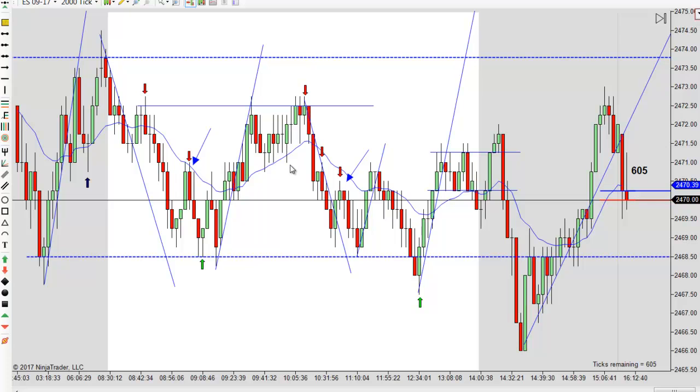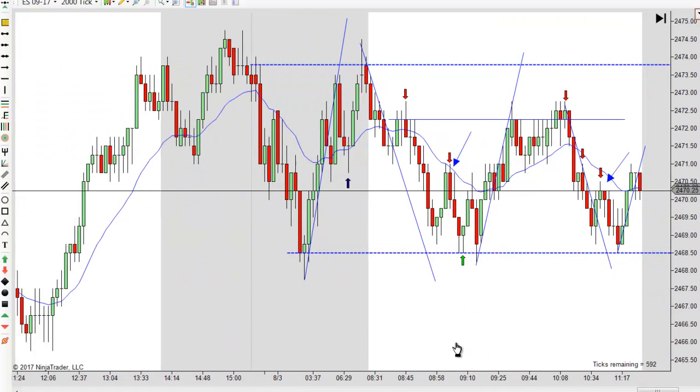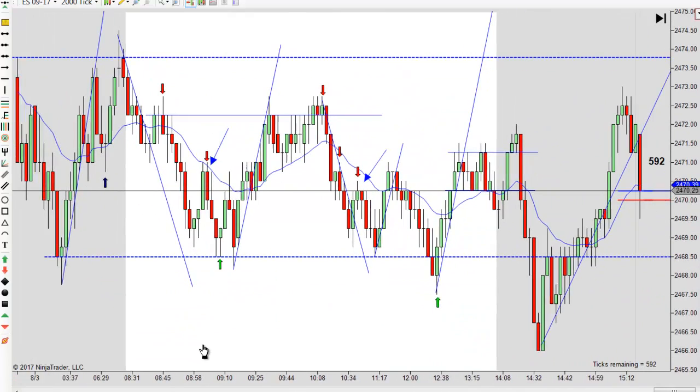Not at all. Because you're getting long right into the highs of what's now the high of the range across here. And you probably would have had this line right here, actually, at that point. I moved it up later. But you would have had it there, and that makes this that little failed break higher. And you go short there. So you don't want to be getting long into that. Hopefully that's clear. And of course their chart looked a little different, but even on their chart, it was not hard to see all the resistance across there. And hopefully you can see all the resistance across there and would understand why you can't go long there.